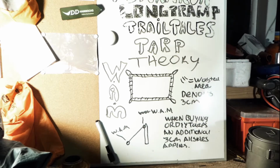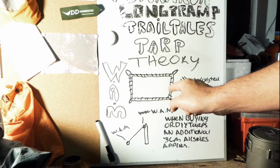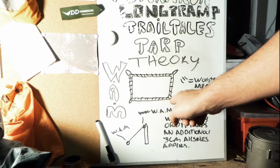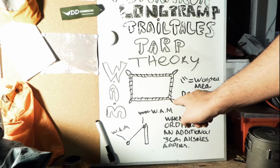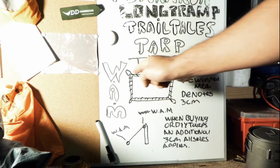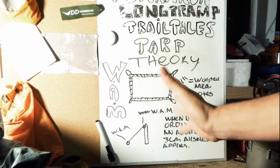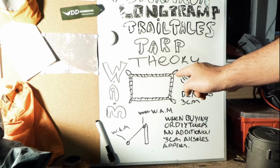What do I mean by that? Because it hits or comes near the ground or makes no contact with any direct surface like the ground or making a wall, right? Even if this, let's say a classic plow point, there is a tarp pole here, this point is high, right? All of these are pegged down to the ground. Those 3 centimeters around, as I said, it varies on different setups, but 3 centimeters minimum is a wasted area